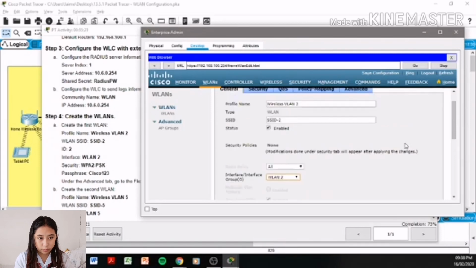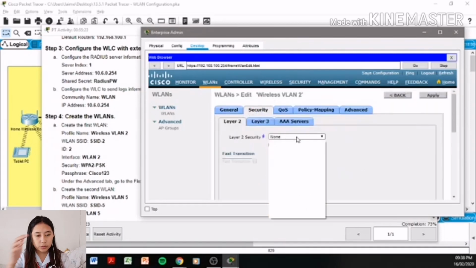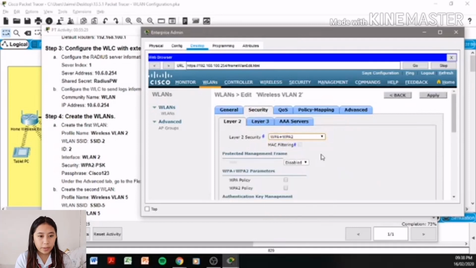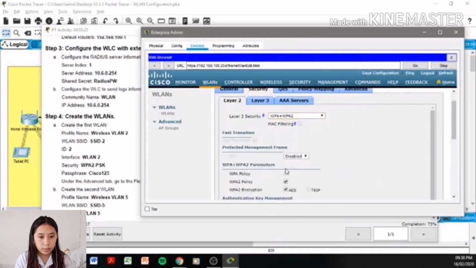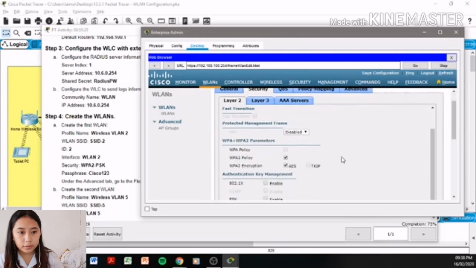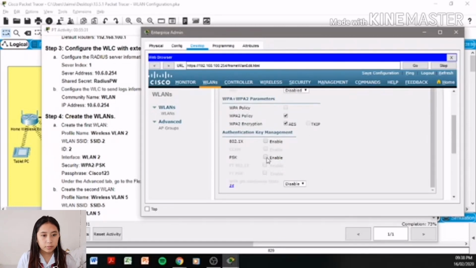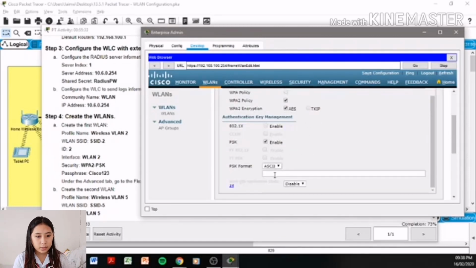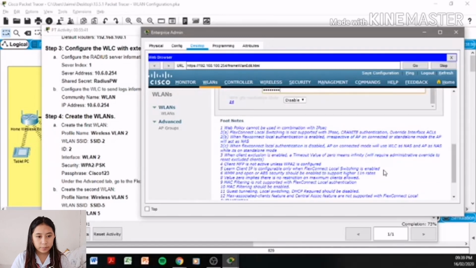Interface should be WLAN 2, security, let's say WPA plus WPA2, and then click the WPA policy. So enable the PSK, and then set the PSK format, Cisco123,